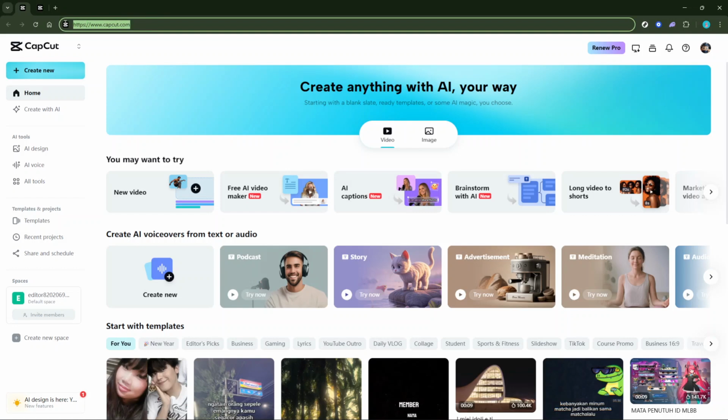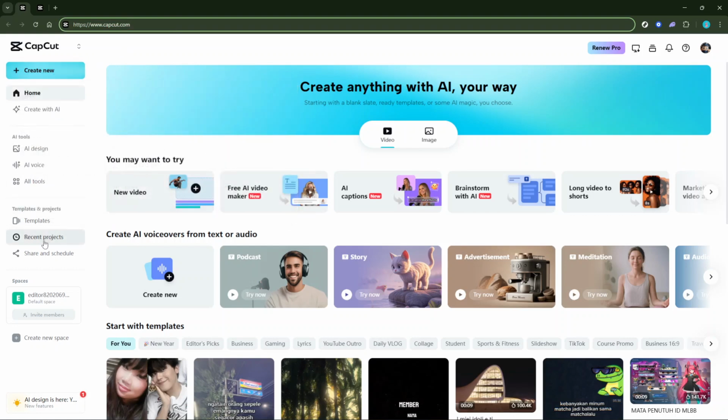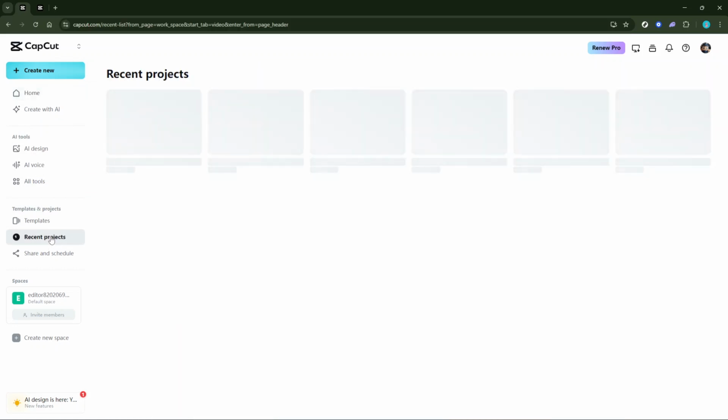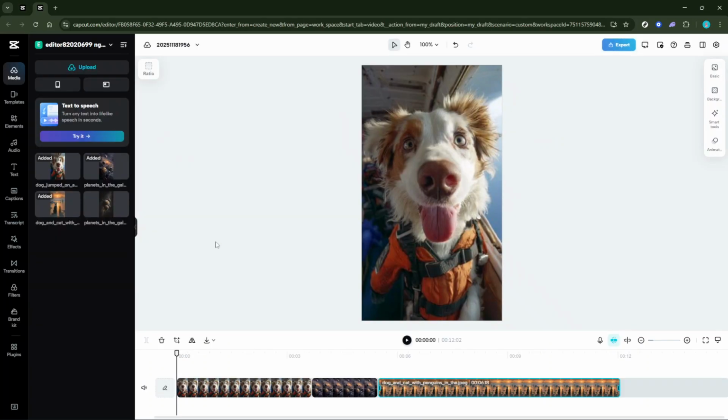First things first, locate and open the CapCut application on your device. If it's your first time using CapCut, you'll notice it's quite a powerful yet user-friendly tool for video editing. Once the app is up and ready, navigate to an existing project you have, one that already contains those photos or images you wish to edit. Now, for those who might be new to this, if you haven't created a project yet, you can easily start a new one and import your images. However, for our purpose today, we're focusing on an existing project setup.